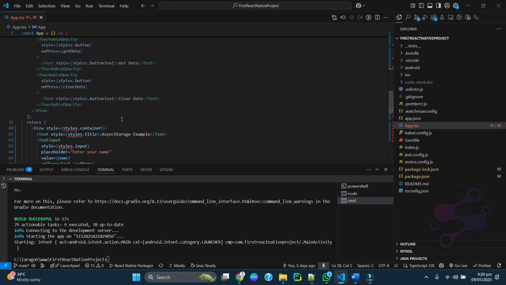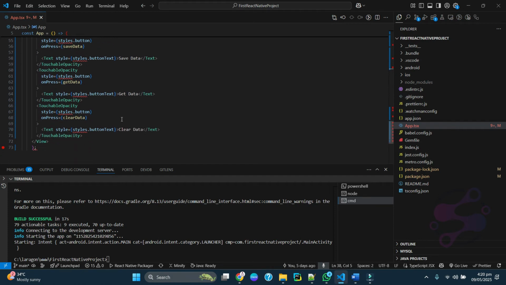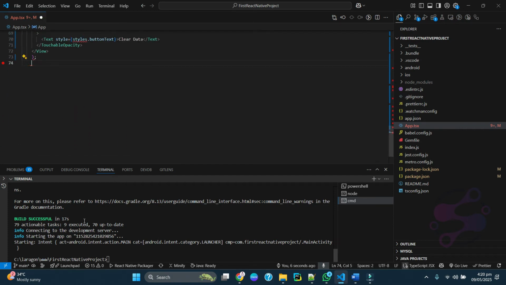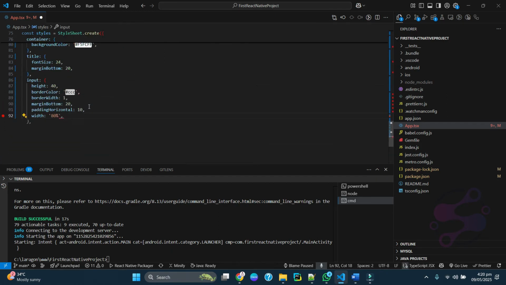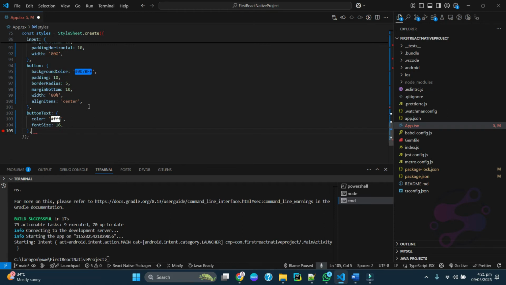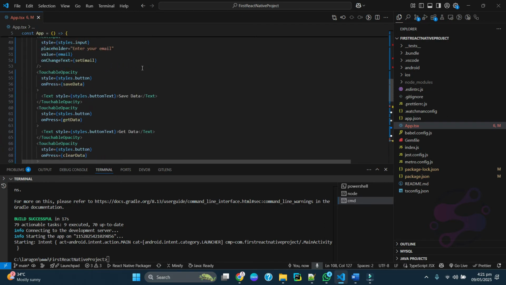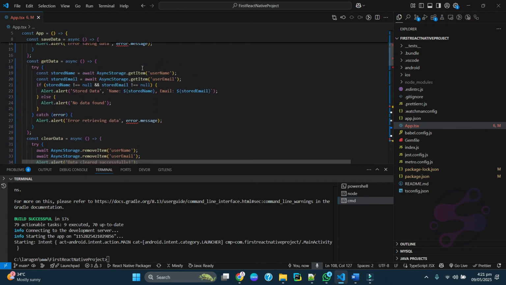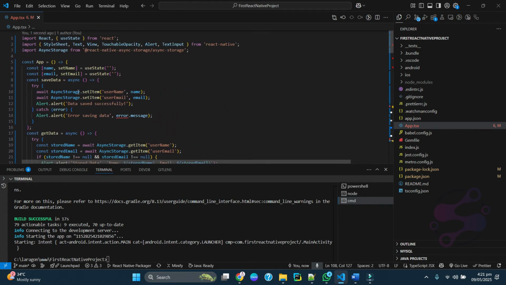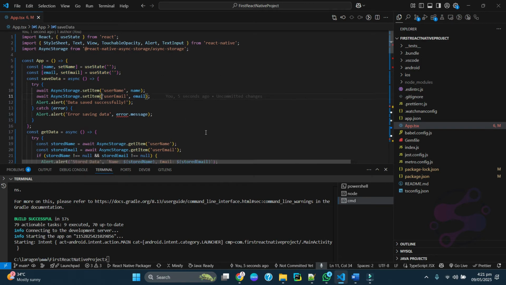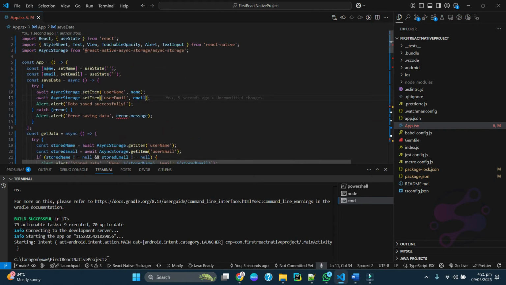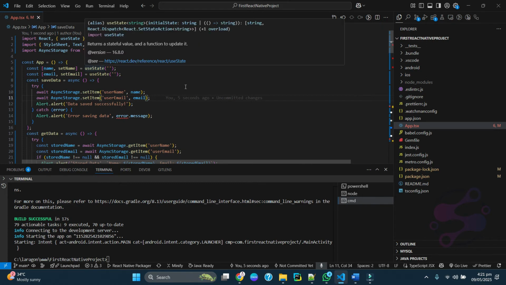So now here you have to create the styling. If you go to the bottom, you are going to create the styling. Now you are exporting the data. So now everything is fine. So let me explain what's happening. You are using React for the forms. Whenever you are going to get the data, you have to use the state.